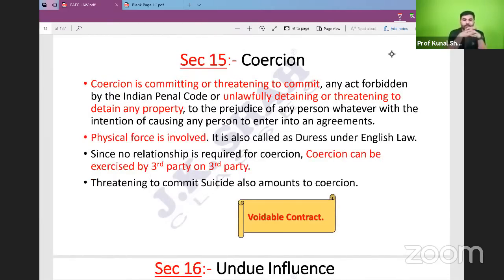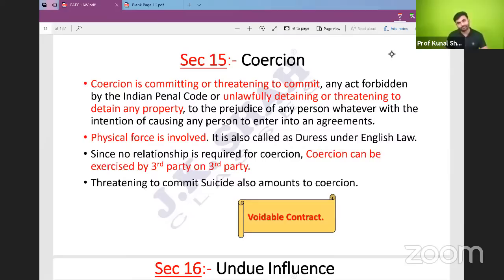The concept of coercion is given under section number 15 of Indian Contract Act 1872. Basically, coercion means a kind of force. Whenever you are committing any activity which is forbidden by Indian Penal Code, or you are threatening to commit an activity which is forbidden by Indian Penal Code, or you are unlawfully detaining someone's property, or threatening that person that you are going to detain their property unlawfully,